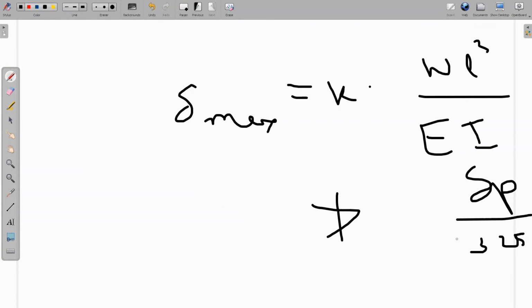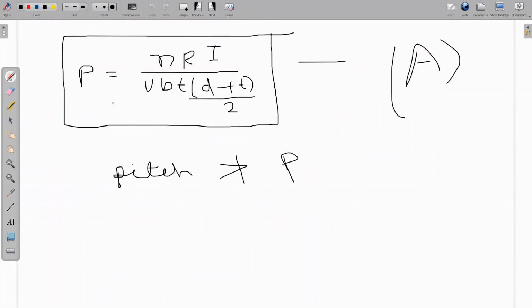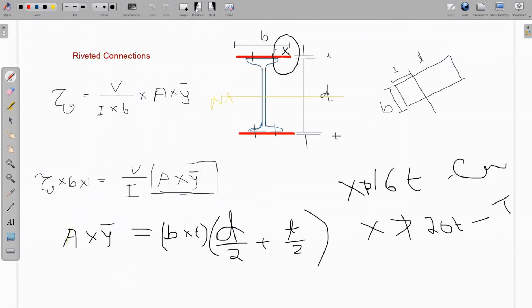Once it is correct, then you go for design of the riveted connection. You choose some rivet value, the rivet diameter. Okay, or if it is given in the question, fine. If it is not given, you choose some rivet diameter, find out the rivet value, and then calculate the pitch. Using the equation that you have discussed, you find out the pitch and give a pitch which should be less than this value. Later on you calculate the outstand wherever you are providing your rivet. If suppose in this location you are providing, then find out the outstand and check that this outstand should not exceed the given limit.